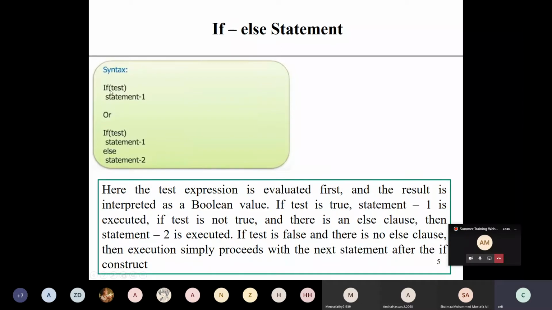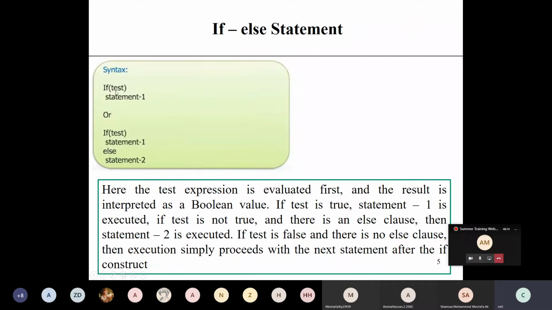The syntax is: if test condition, then statement 1. Here the test expression is evaluated first. This test will return a boolean value, meaning either true or false. If it returns true, then this one will execute.